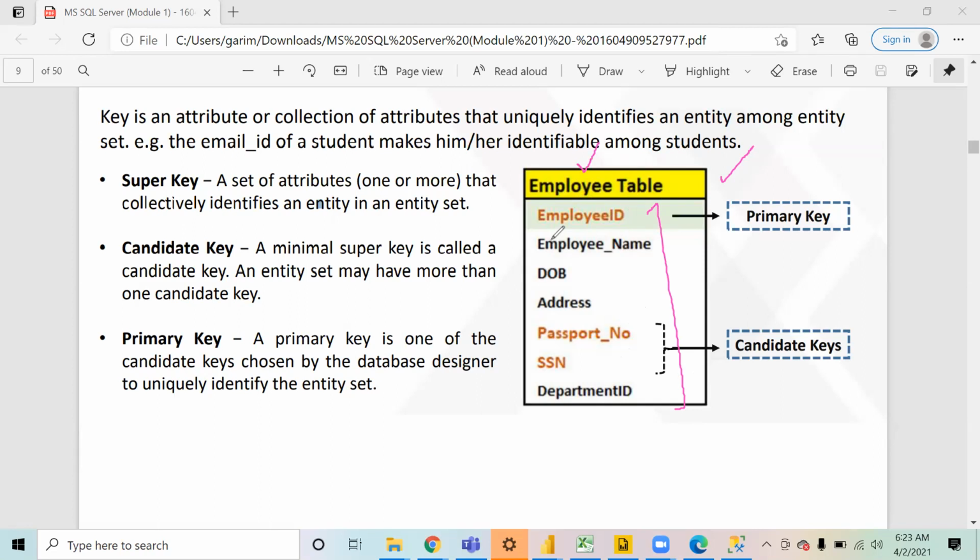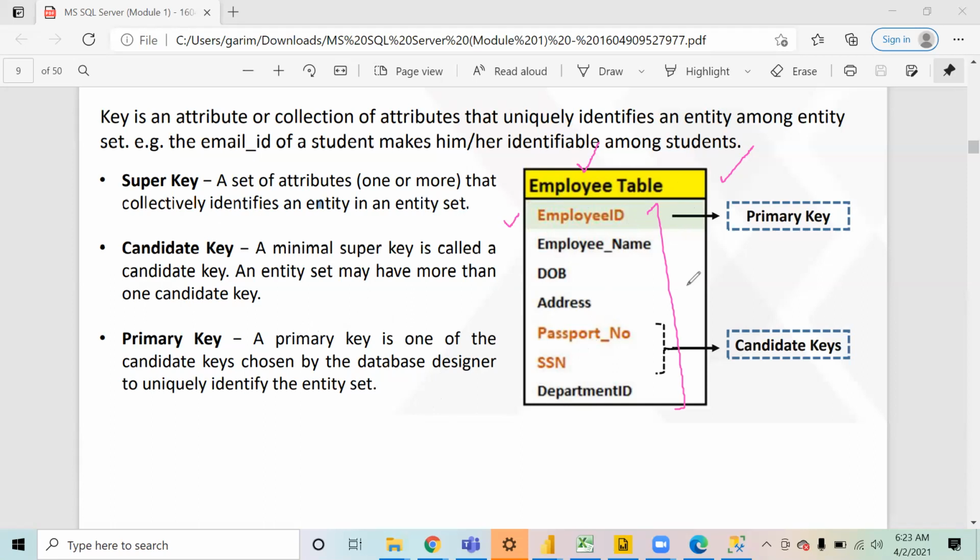Now, whenever a table is created, we always try to create a column which will always have a unique value only. That is done so that we do not have any duplicate data, and we can reduce the chances of duplicate rows. That is why every table always has some columns which are used as a primary key. Now, what is a primary key? A primary key is a column that will only have unique values, and it will not even have a null, as in blank. That is called a primary key.